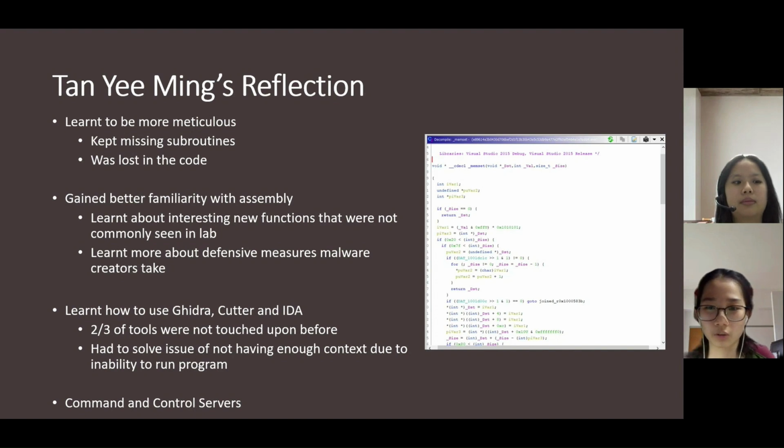by getting lost within the code, I also managed to gain a familiarity with assembly code. So previously, I was not very strong in understanding assembly, and I had to be frank, I didn't have a strong understanding of what assembly code could do. But through getting lost within the code, I was able to actually pick up new functions that were not commonly seen in our school's malware, like all those weekly labs that we do, or like when we do malware analysis